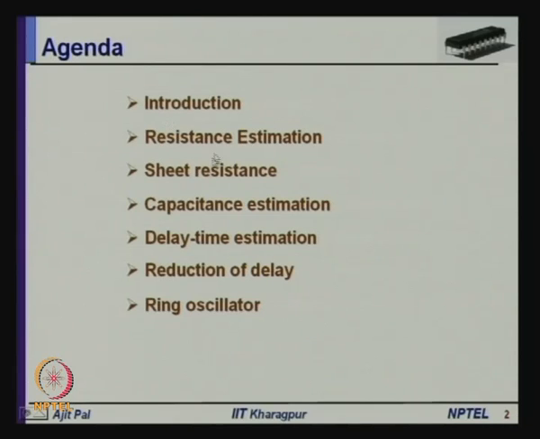This is primarily on switching characteristics. After giving a brief introduction, we shall discuss the resistor estimation. You will see that different types of resistors are present in a VLSI circuit, and that resistance will lead to some delay, because you know that resistance and capacitance, these two, are the parameters responsible for the delay of a circuit. So, we shall discuss resistance estimation, how we can estimate the resistor, then capacitance estimation, then delay time estimation in terms of the resistors and capacitors, then how we can reduce the delay,